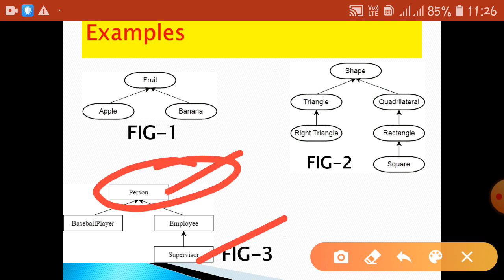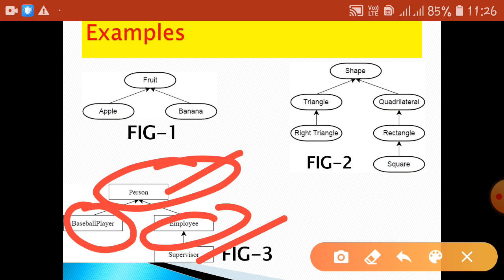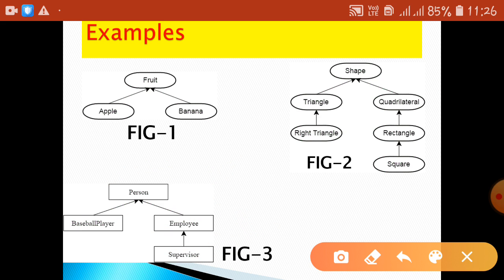It is a base class. It will have all the features, like physical features and mental features. The same kind of features will be inherited by the employee member also physically, but mentally there will be differences. So this is an example for inheritance.